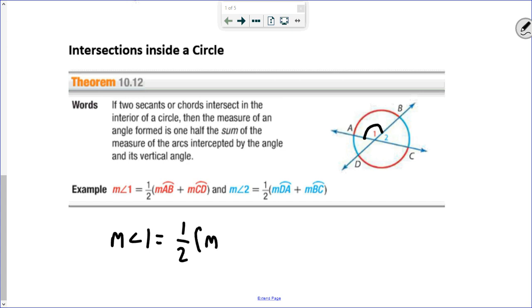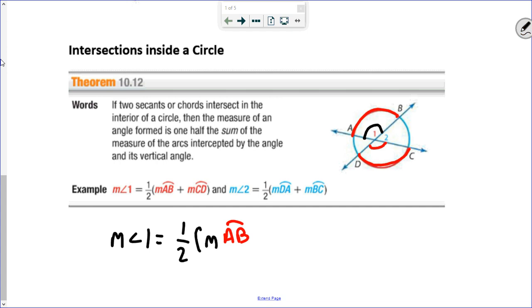AB is this arc here, the arc intercepted by angle 1. The angle vertical to angle 1 is this angle, and the arc that its vertical angle intercepts is arc DC. So it's 1/2 the measure of arc AB